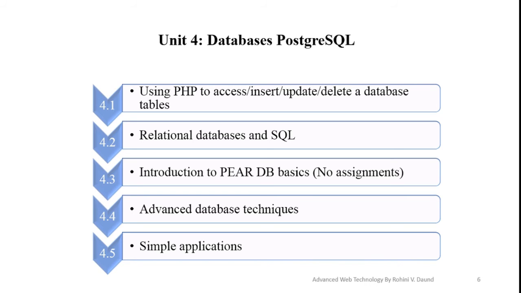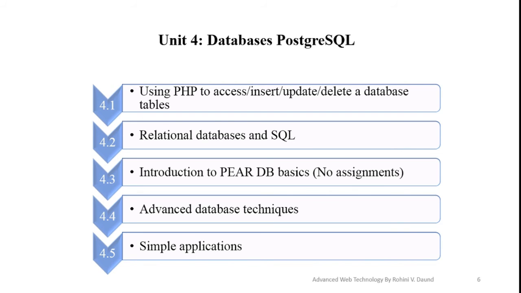Relational database and the SQL. Relational database management system is a server that manages data for us. The data is structured into tables where each table has some number of columns, each of which has a name and a type. Some of the most important SQL commands are select, update, delete, create table, drop table, alter table, etc.